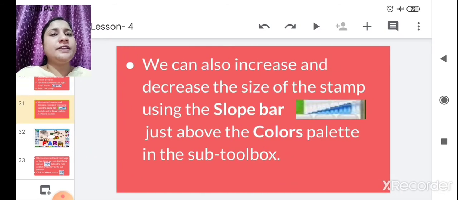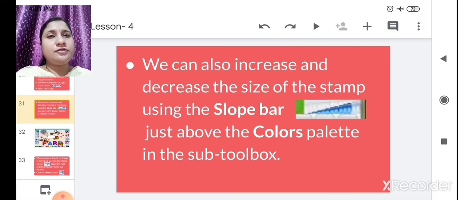We can also increase and decrease the size of the stamp using the slope bar just above the color palette in the sub tool box. So if you want to increase or decrease the size of the image, like in the example of drawing a picture of a jungle, and you want to show that the elephant is big, you can use this slope bar to increase its size.